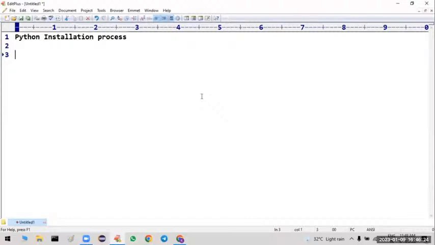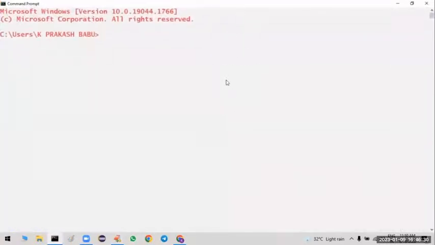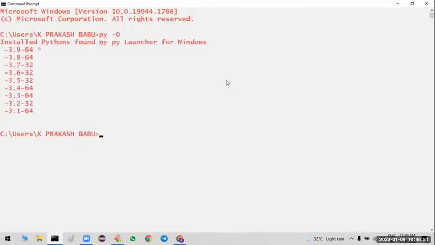Before moving to that, I need to check how many versions of Python are installed in my machine. Sir, there is one command. In the command prompt, you have to type py space -0. Once you press enter, it will display the list of installed Python versions in your machine.